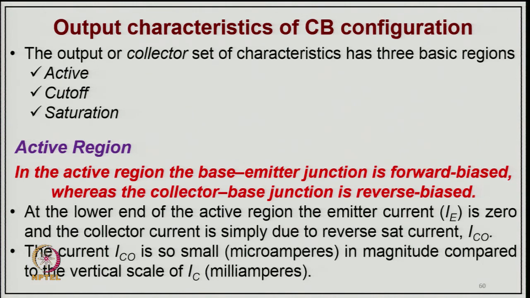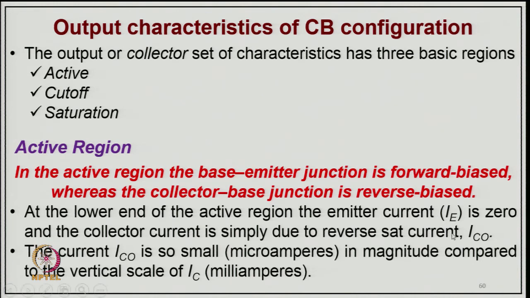Now, the output characteristic of this configuration. We already talked about the output characteristic of the three basic regions: active, cutoff and saturation. The active region is used in many applications like amplifiers. In the active region, the base emitter junction is forward biased, whereas the collector base junction is reverse biased. So, at the lower end of the active region, the emitter current is 0 and the collector current is simply due